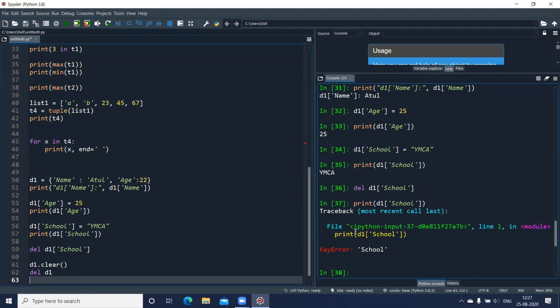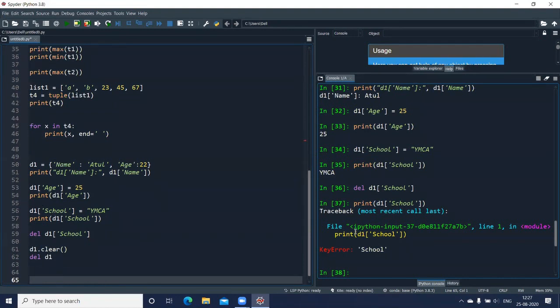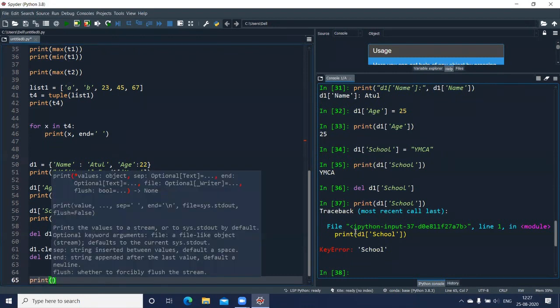Then there are some functions which are available. Let us make use of some functions and see how we can use these functions to display the values from the dictionary. The first function is, like we had done before also, the length function, len. Let us write the length function. I'll use a print statement directly here. So print, I'll write length.